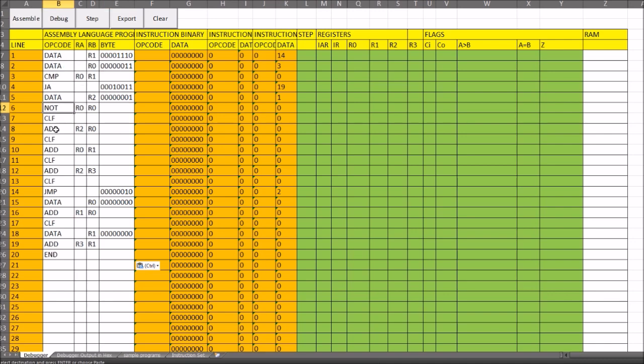And once we've naughted the value, we can add the value R1 on to the naughted value, and then finally we can add the 2's complement value back on to the value in R1, and we maintain that value in R1. So in effect it's taken 14 minus 3 and it's put it into R1,